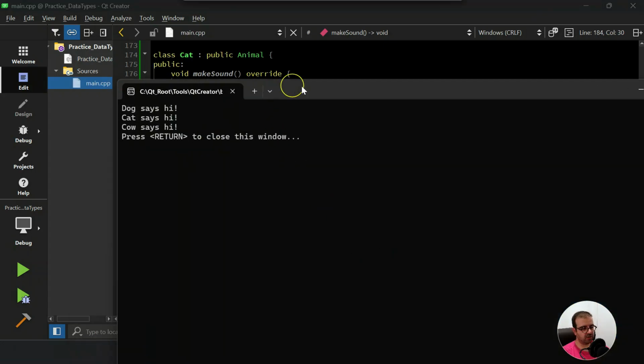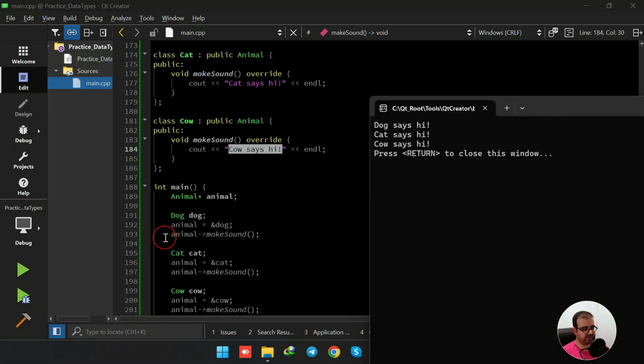So when I run this code, we see that the first time we call the makeSound function, it says dog says hi, because the address of the object from the dog class was assigned to this pointer. So this one is desirable. This is what we expected. And then it says cat says hi